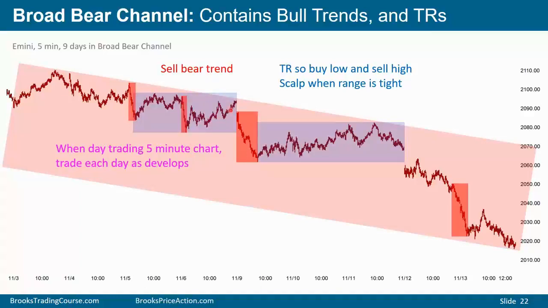Strong bear breakouts along the way. The market's clearly always in short, traders should be looking to sell. A bull trend lasting 10 or more bars. This bull trend lasted well over 100 bars, 150 bars. Bulls will buy for a swing. Double bottom, higher low, major trend reversal, another double bottom here.